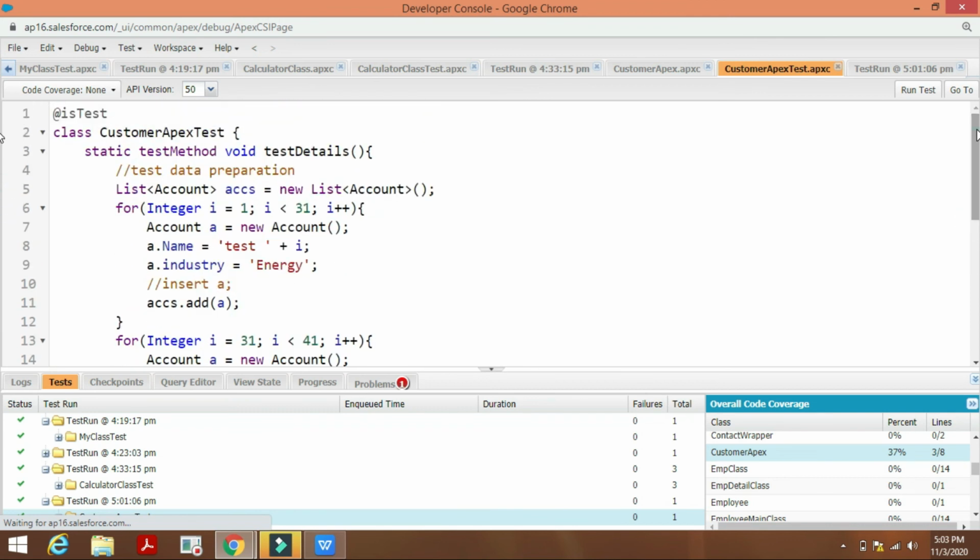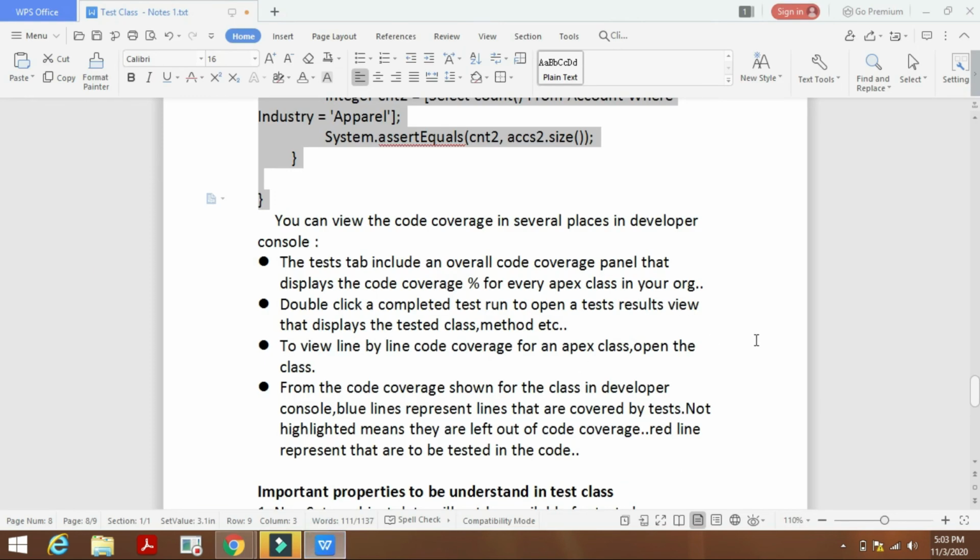It is because we can't get all the data in the non-setup objects. We have to provide seeAllData equal to true after the @isTest annotation. Then we'll get the code coverage of 100%.